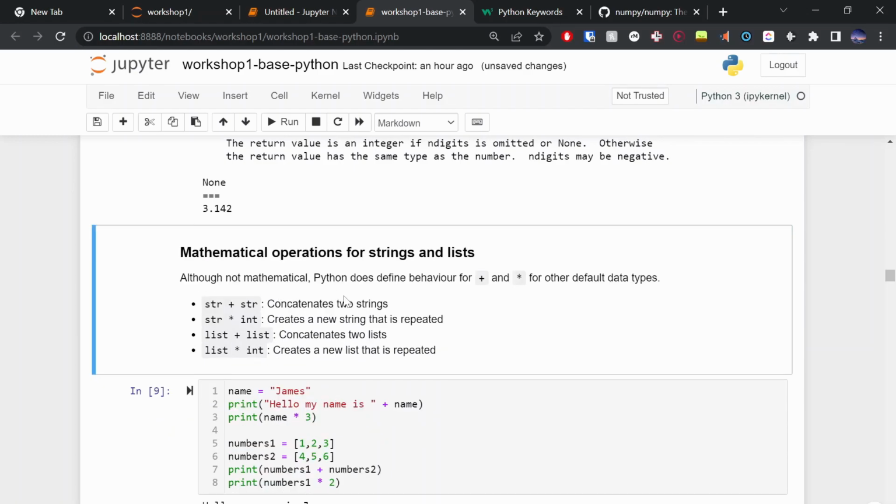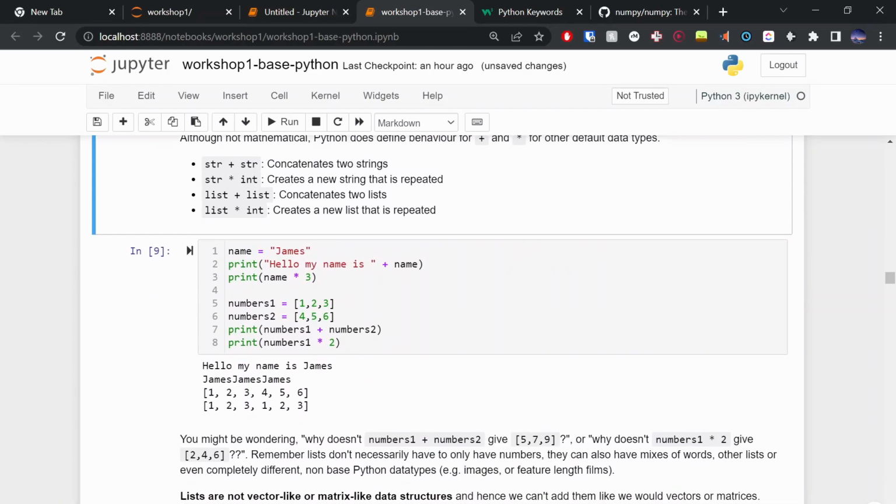Mathematical operations for strings and lists. We can also use mathematical operations if we want to work with strings and lists. If we add 2 strings together, it'll stick them together. If we multiply a string by an integer, it'll repeat that string 10 times, 5 times, whatever the integer is. And we can also add lists together.